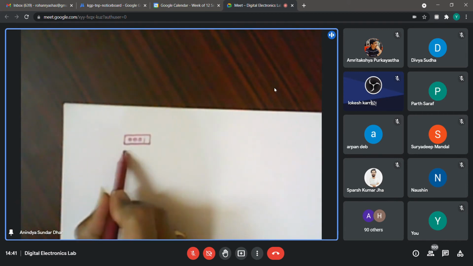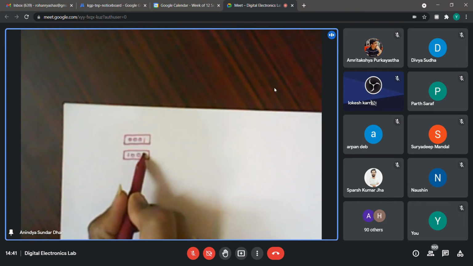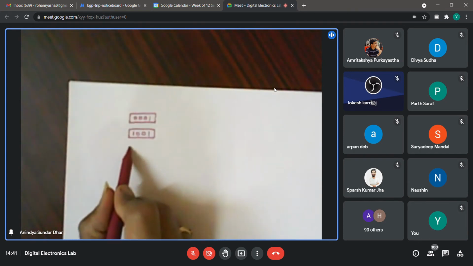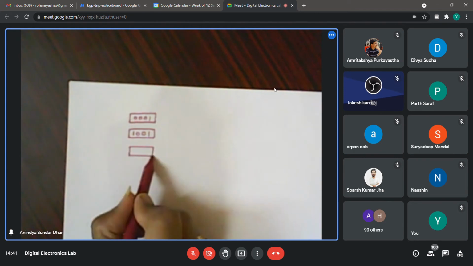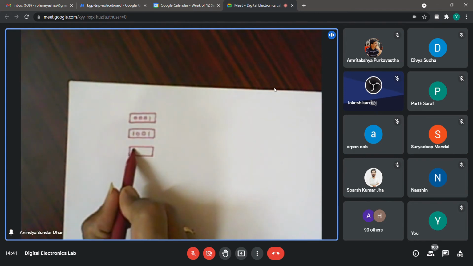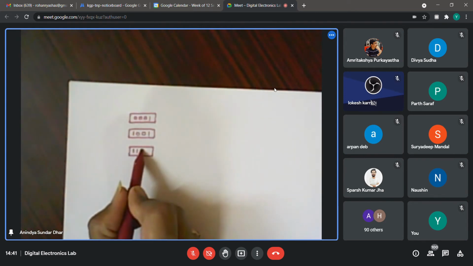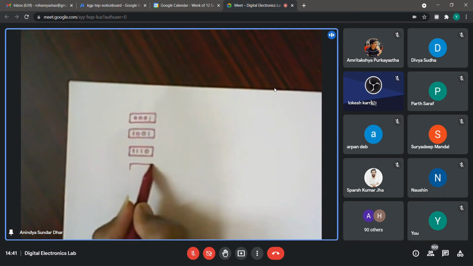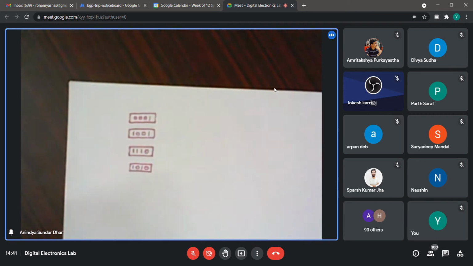I pick up another register where I put, let us say, 1001. I pick up another register, I say that this is 1110. Then suppose I put another register 1010. So I can store a 4-bit number in different registers, right?